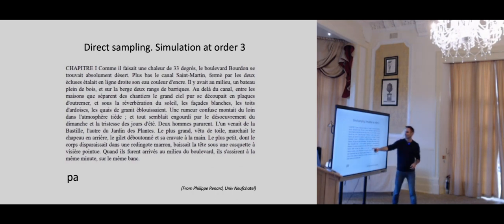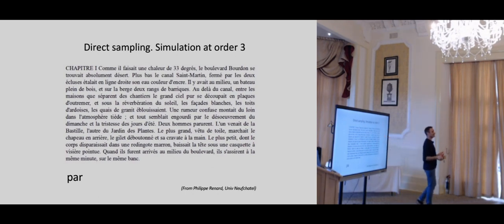So for example, I'll randomly sample the text until I find a PA. There is one here, and after there is an R. So I can add an R, and so on. And so I don't have to store anything. And so with that, I can go as high as I want in order. So now we have PAR. I can sample the text until I find an occurrence of PAR. I take the 4th letter and I add it. So if we do that,